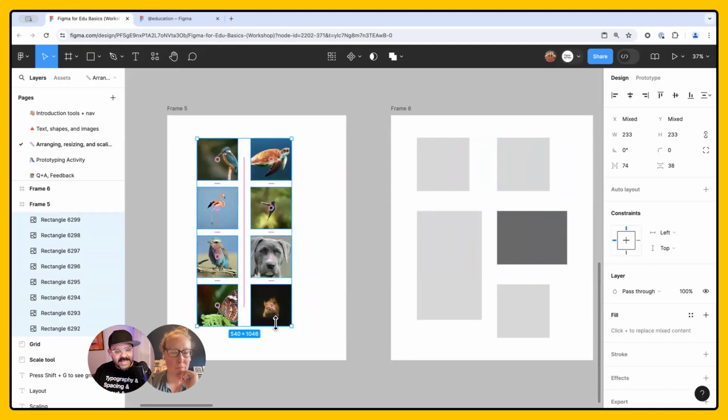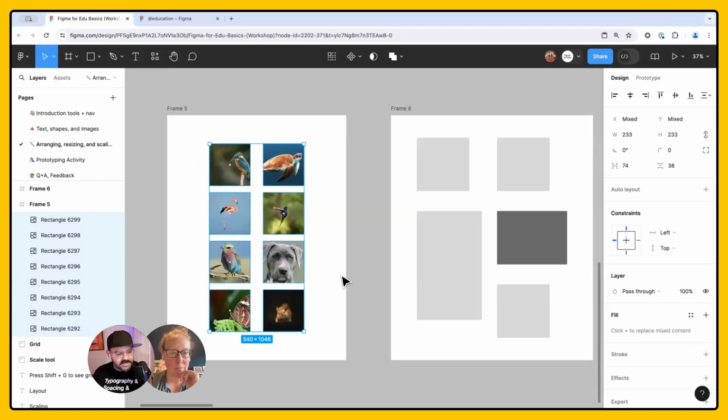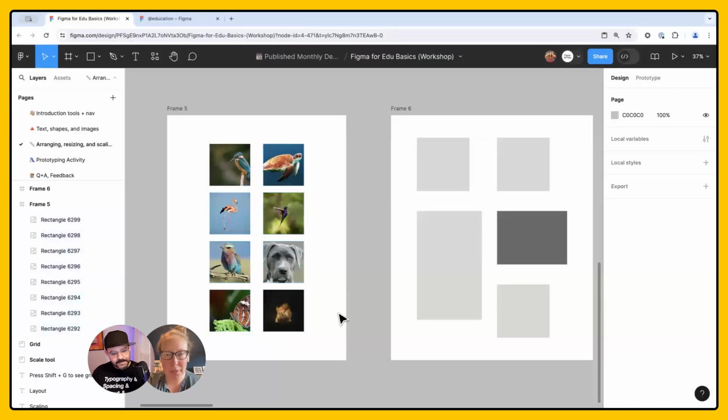And now if I want to center this into that frame, I can hold the shift key up here in the top right and arrange them to the center. Meg, this almost reminds me of when you're online shopping and you see images of all the different products and you're putting them in your cart. So I can totally see how these designers are using this already.